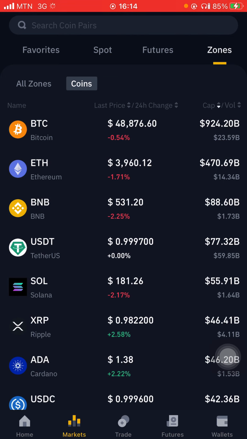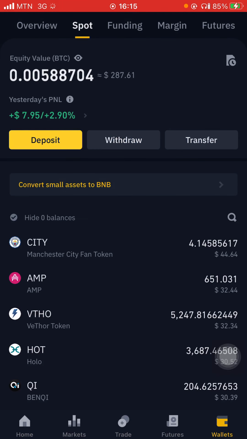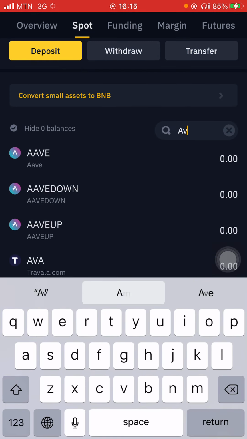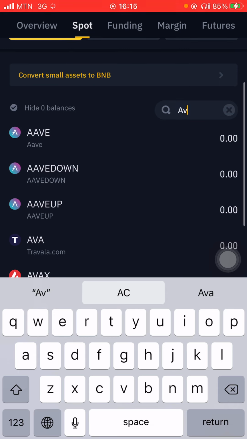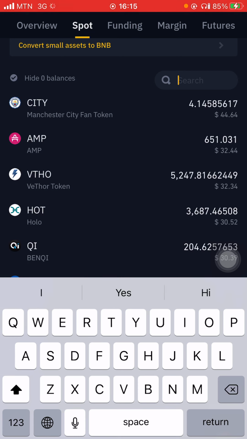Then we come to trade. When we come to trade, this is the platform where a coin, you see two pair of currencies, that is Avalanche. No, this is not Avalanche. Let me check the actual. Okay, that is traveler.com. So that is that coin over there. That trading pair is traveler.com. So as you can see,